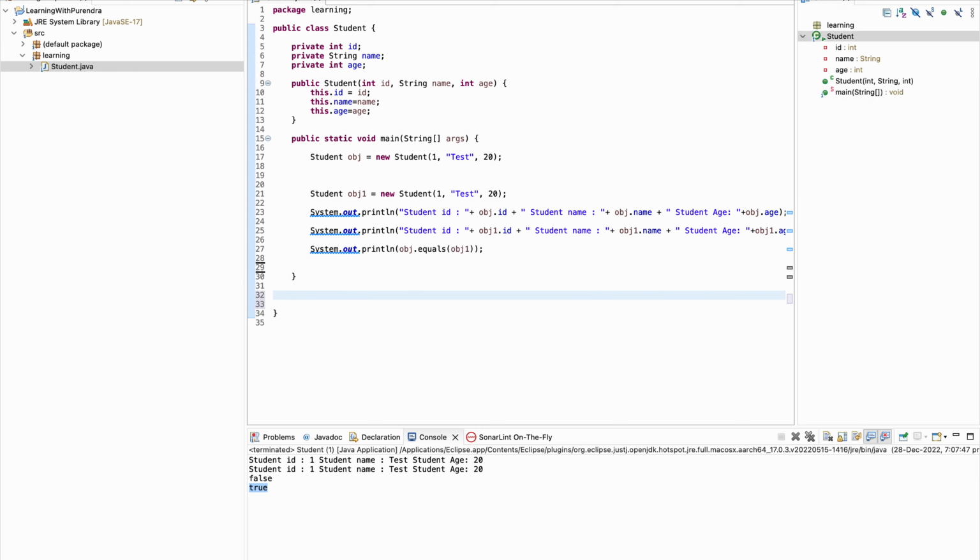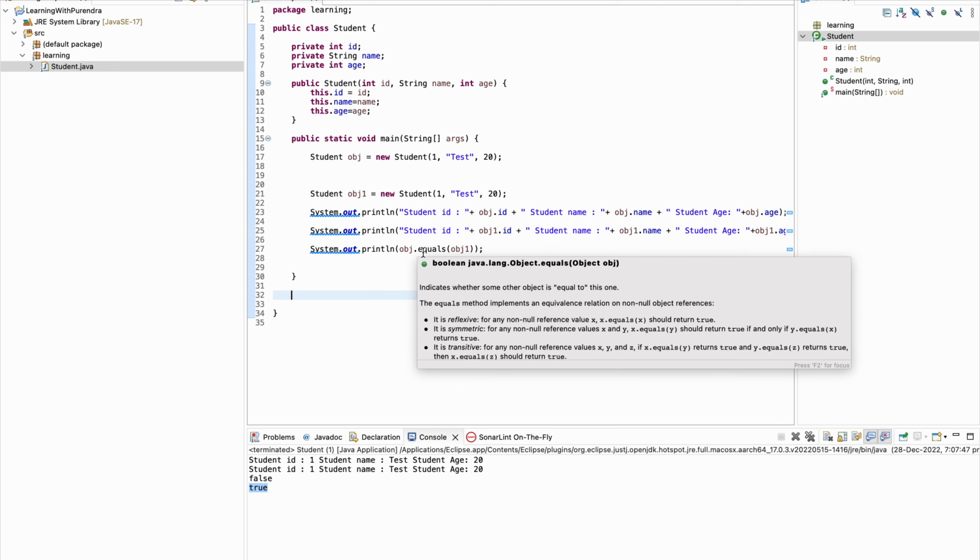So to achieve this, we can override the equals method. How to override? I'm hoping that everyone is aware of method overloading and method overriding. This is a concept which I will explain in coming videos. If you see this equals method, it implements an equivalence relation on non-null object references.